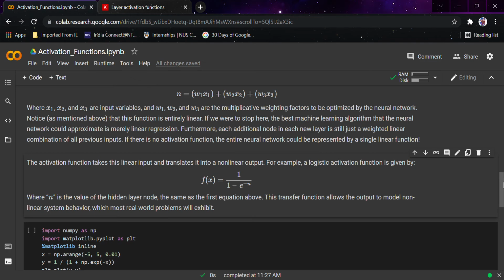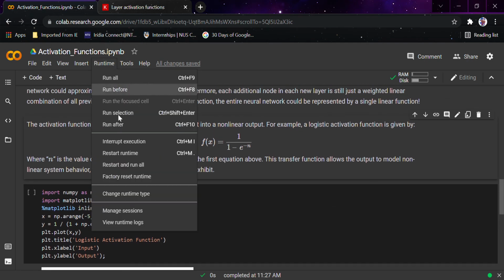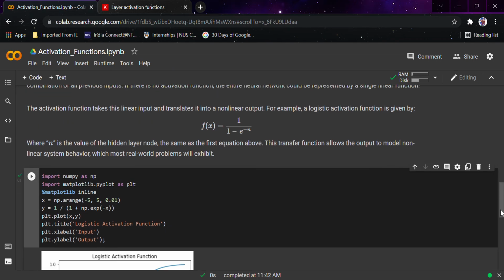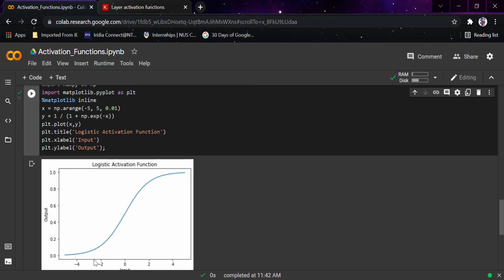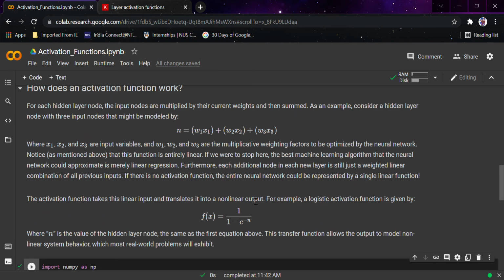So we would run the following code and see how this whole function looks. I will go to change runtime and set TPU for now, because we are not performing any very big task or big programmatic problem. I simply run this, and here is our output. As you can see, the output is between 0 and 1 only, and this is what makes classification and regression problems really easy, because as we said, without an activation function, the entire neural network can be represented by a single linear function. That is the reason we use activation functions.